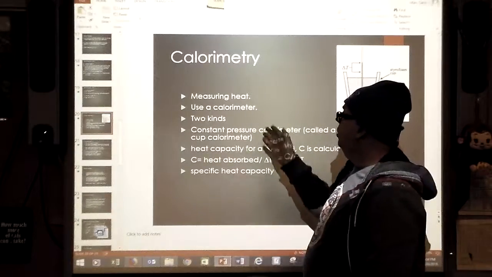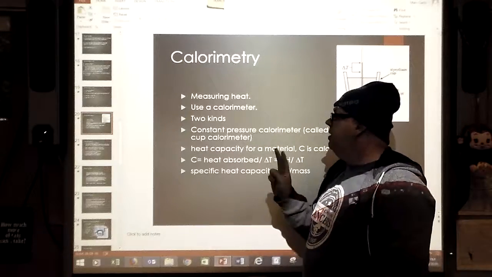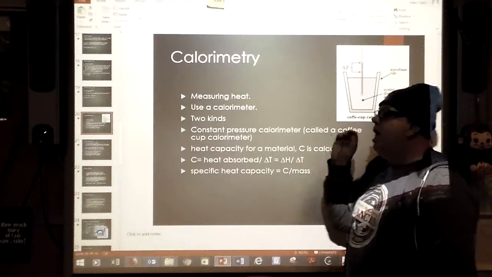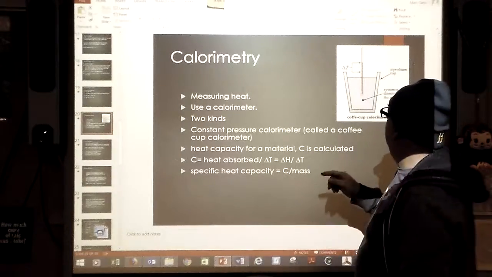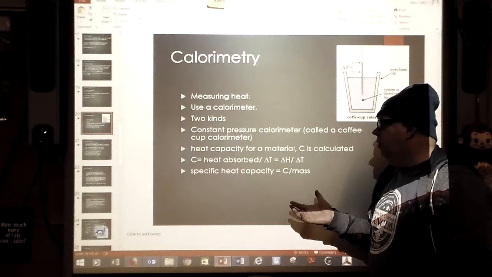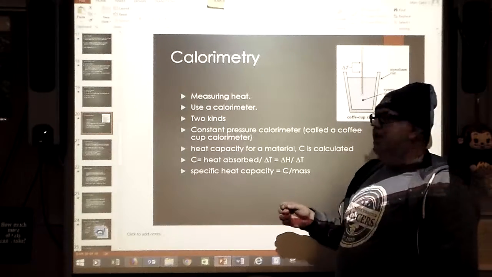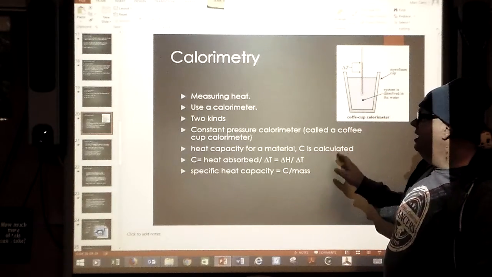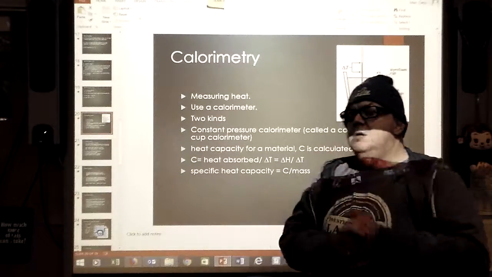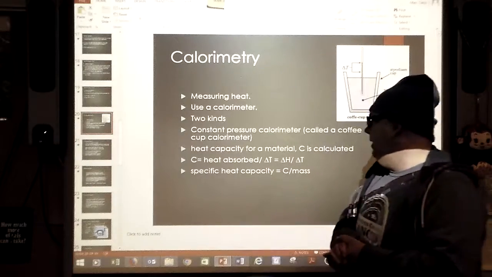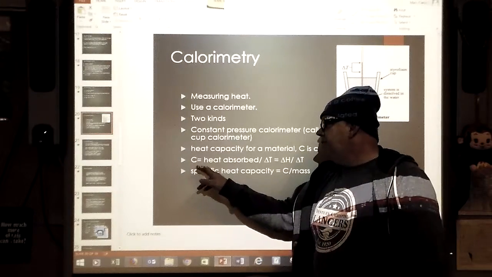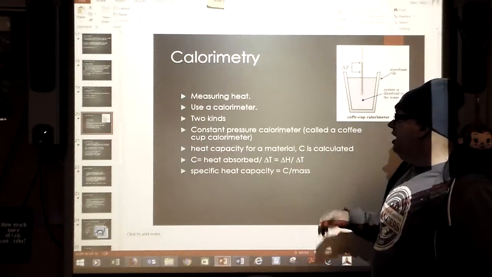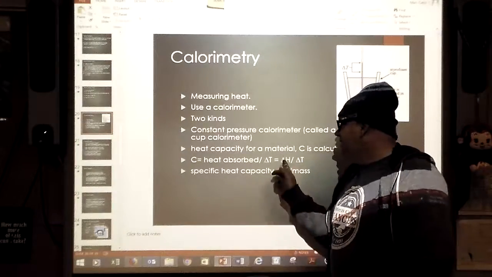Now we can use what's called a calorimeter. Now there's two basic kinds. One is a constant pressure calorimeter called a coffee cup calorimeter. Pretty straightforward. And the other is called a bomb calorimeter. Now the heat capacity for a material, C, is calculated. This is a pretty important idea about this heat capacity. The C, that heat capacity, is the heat absorbed divided by the change in T, delta T,